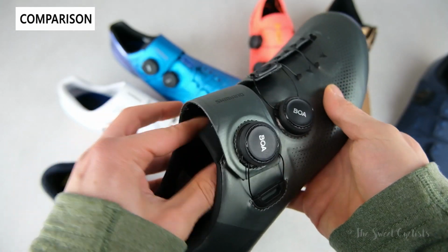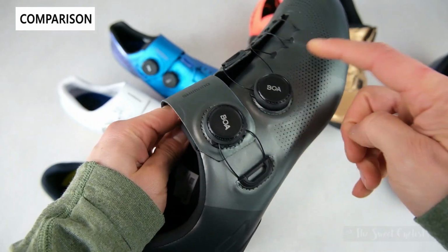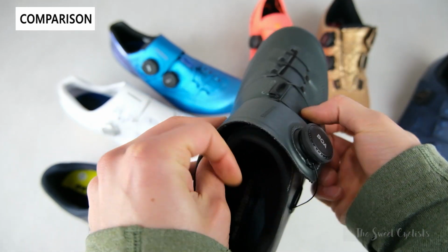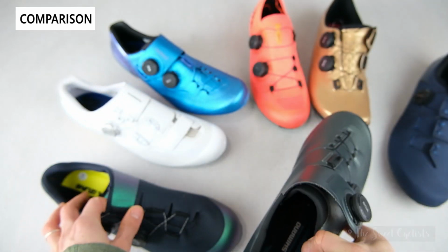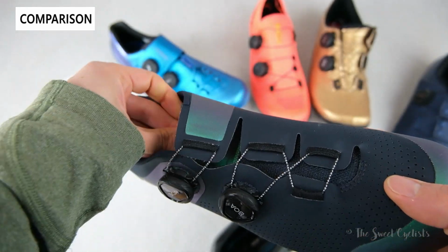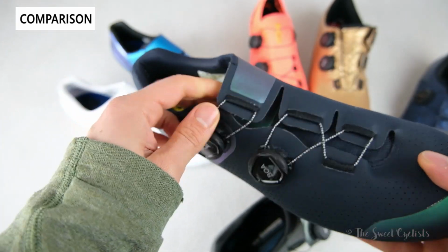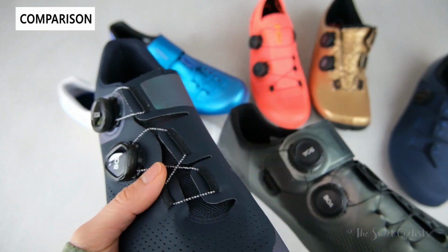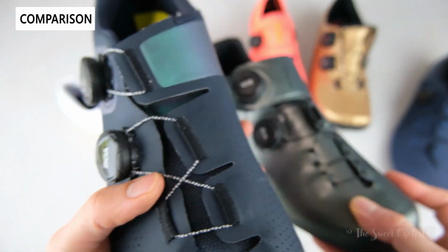So you can see the upper really is a one-piece design where the front wraps underneath the other one. And that's why they really call it a wraparound design. While something like the Pearl iZUMi is more traditional with a tongue, and then the one-piece upper that pulls together, and a separate tongue piece. This one is a little bit easier to take on and put on compared to the Shimano,